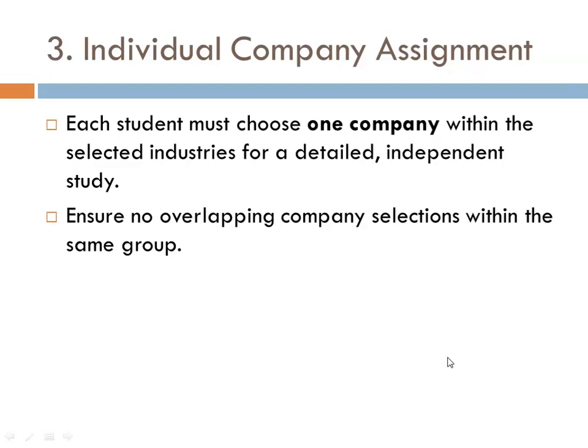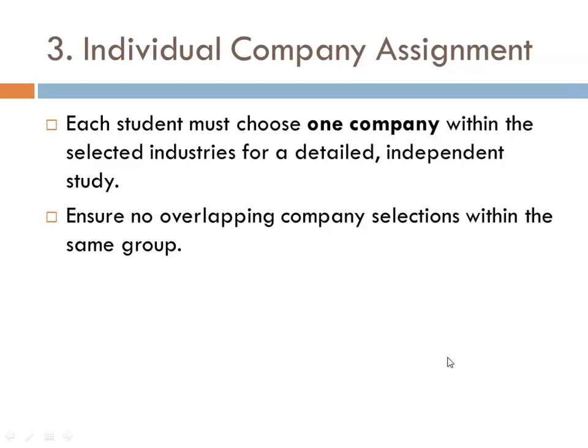Imagine that a particular group of students selects the telecom sector. Now in the telecom sector there are BSNL, Reliance Jio, Idea Vodafone, and Airtel. So four players are there. If the group consists of 5 students, then in the telecom sector there are opportunities for only 4 selections. So only if the group consists of 3 or 4 students should they choose the telecom sector. Otherwise, for a particular student, no company will be left for further investigation.